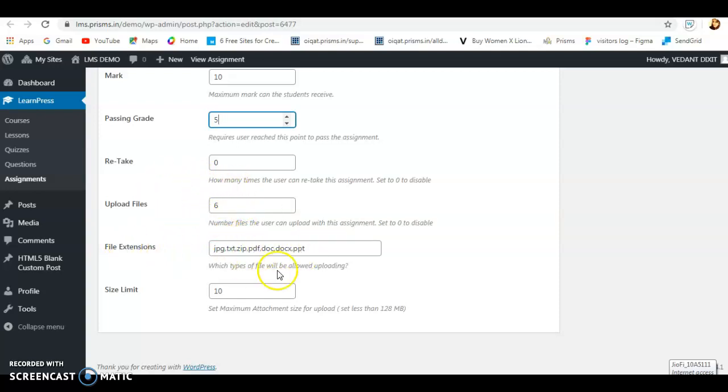Then these are the file extensions that the students are allowed to send back to you. So the students can send you a picture, they can send you a PDF, they can send you a document or PPT as well. Currently the size limit, like I had said before also, is 10 MB. So 10 MB is for each upload. It is not a collective 10 MB, it is per file 10 MB. Each file should not cross 10 MB. Again, in case it's not set over here, kindly check before updating the assignment that all the settings are in place.